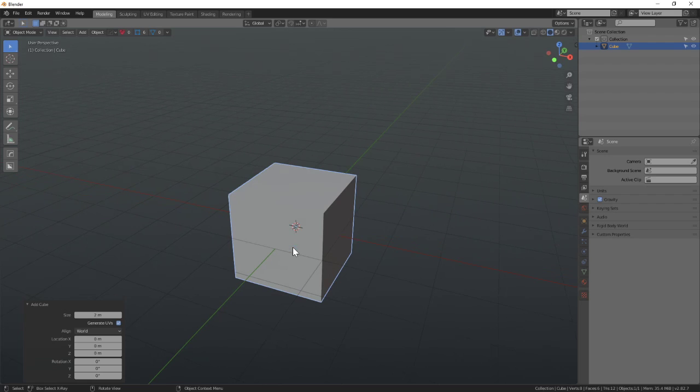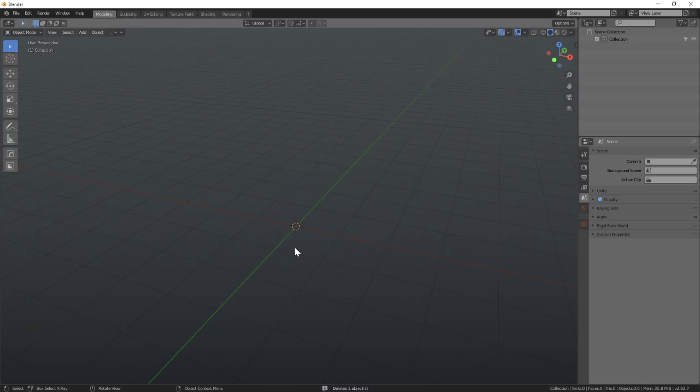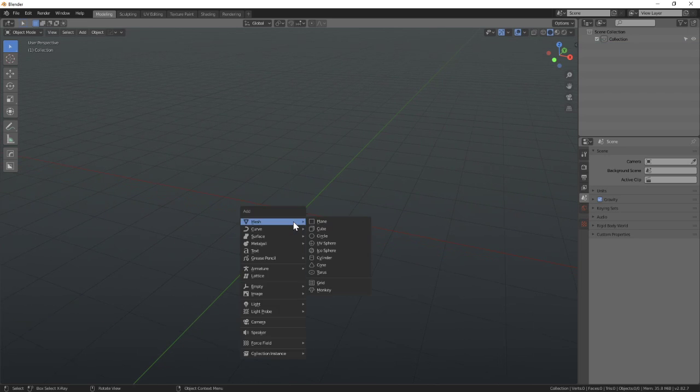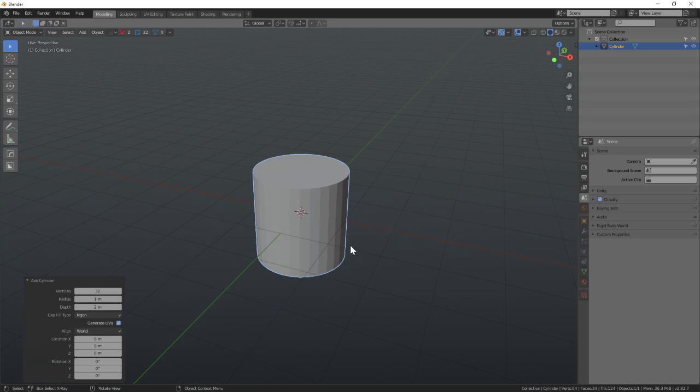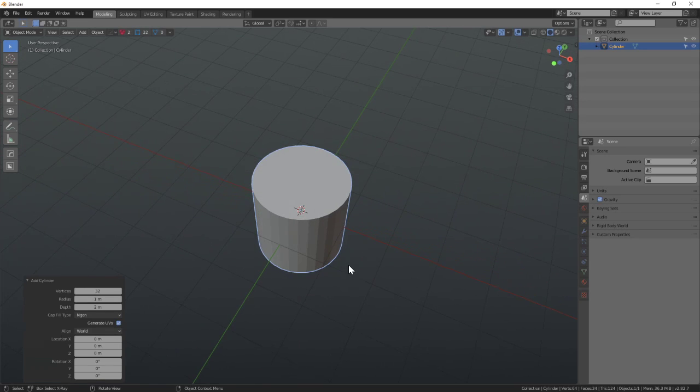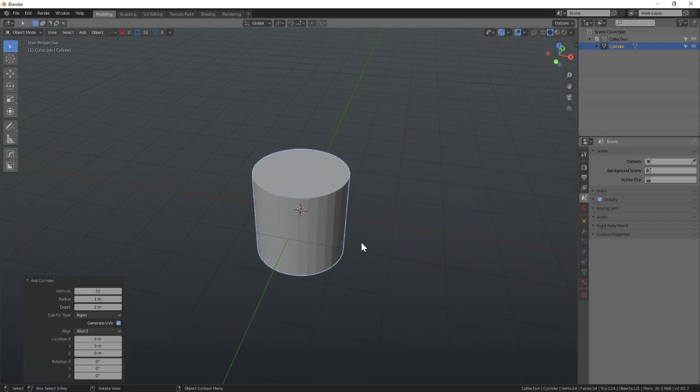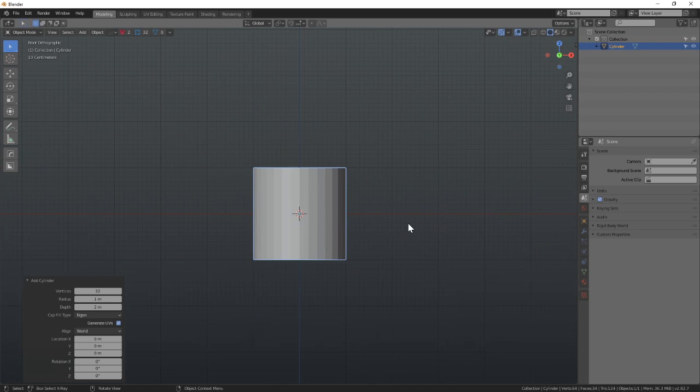I'm just going to, by the way, X with an object selected allows you to delete something. I think you can also just use the delete key on the keyboard if you prefer. I'm going to create instead a cylinder. Shift A, add mesh cylinder. Now I'm going to go to the front view here. Remember, you can hit the tilde key, go to the front view, and you'll see there's the front of the cylinder, but I still have that